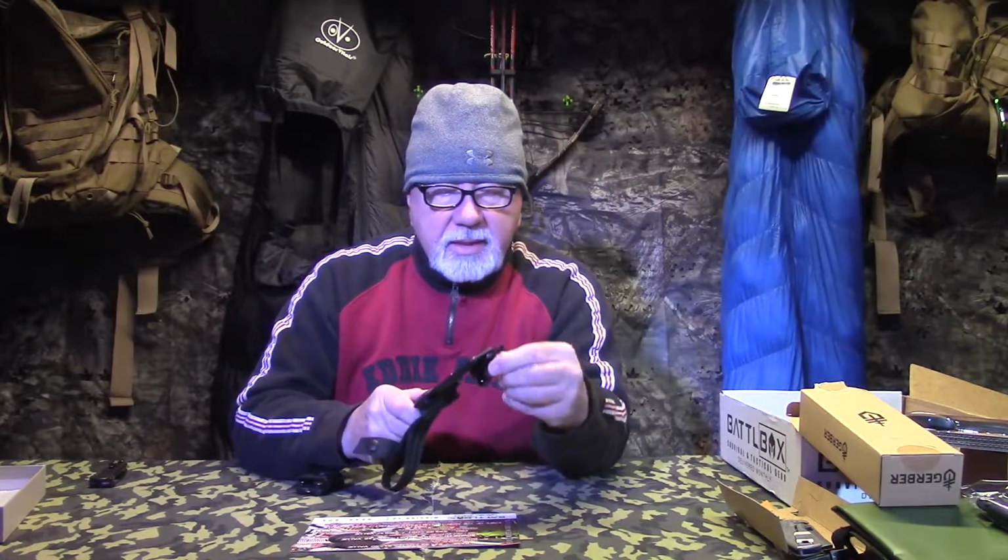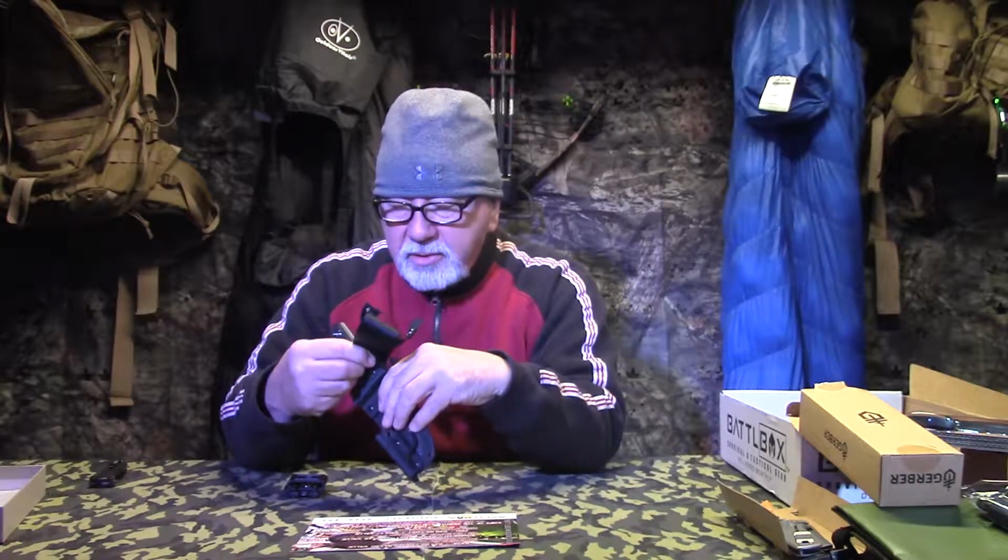And then in addition, it comes with this ferro rod. That's nice. All right, I would strike it with this, but I haven't taken that black coating off there, and you're not going to get a spark very well, so I don't want to do that. But yeah, finally, knife makers are getting it. They're starting to understand you have got to